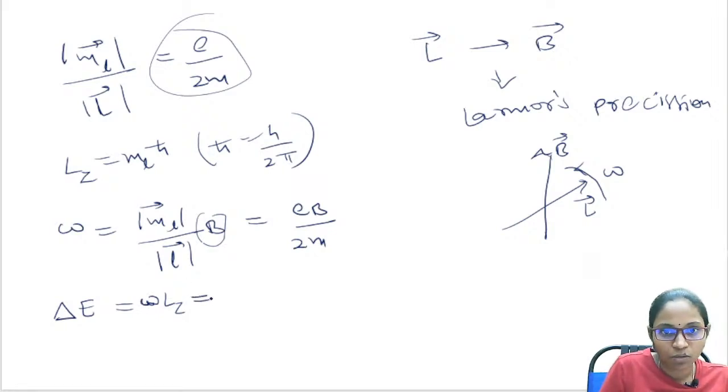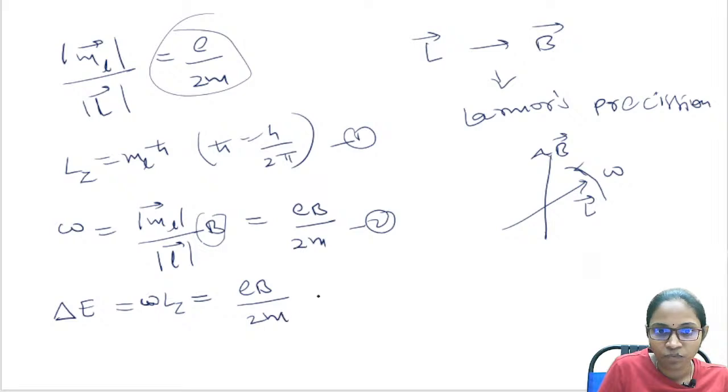I am considering this as equation 1, this as equation 2. From equations 1 and 2, the change in energy will be EB by 2M into ML h by 2 pi. Therefore, the change in energy delta E is equal to